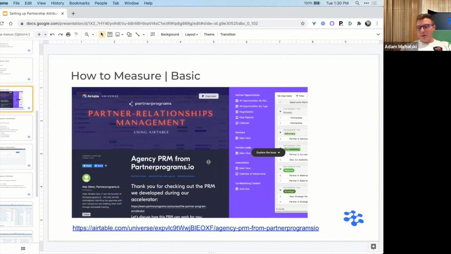A cool way of measuring this too is that there are even Airtable templates out there. If you're not already tracking this sort of stuff in your CRM, you can spin up something pretty quickly to make sure you have a good way of keeping all of this data in one place. And Airtable is also really cool. They announced, maybe a month or two ago, all types of different integrations. So not only can you track it in here, but if you wanted to push it to other data sources or other types of attribution modeling software, you can do it straight from Airtable.